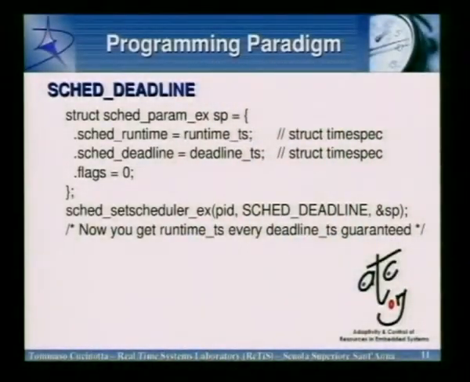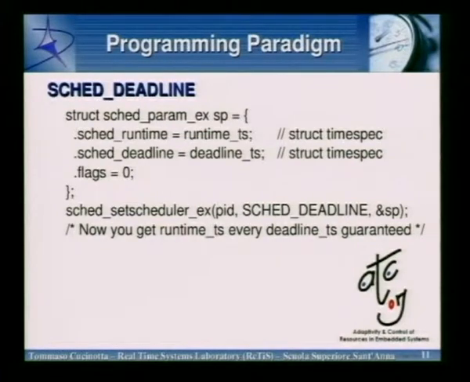So what is the programming paradigm for using these schedulers? Well, you can have a few lines of code like this. This is, for example, setting up a reservation, a reserved task with a sched deadline. You simply set up what is your runtime that you want, what is your deadline, which in a periodic real-time application will be your period. If your application is sporadic, then you may want to use the minimum interval period of subsequent requests as the deadline parameter here. And then you call sched_setscheduler by using the new scheduling class SCHED_DEADLINE.